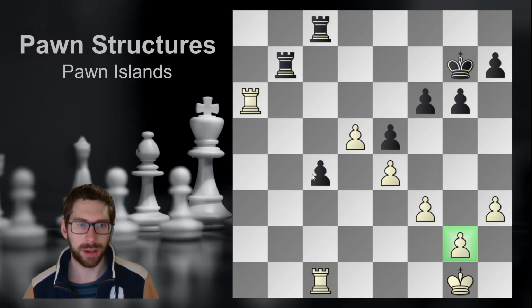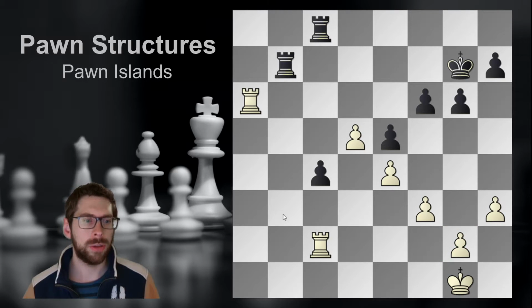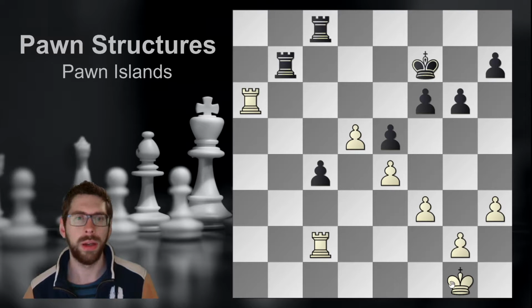Well, black has two issues actually. He does have more pawn islands, so 2 versus 1, and also his king is a little bit less secure. And we'll see that this will become an issue. So rook c2, making sure that black doesn't end up on the second rank, so your king stays safe, and also your pawn chain will stay as safe as possible. King f7